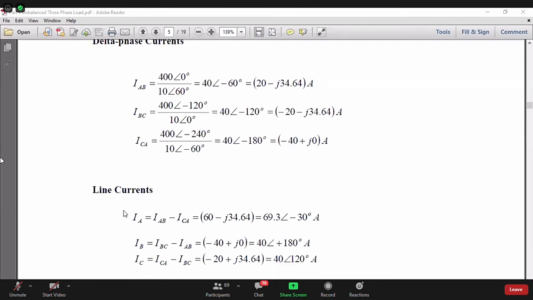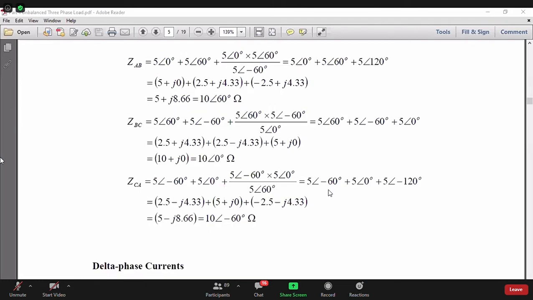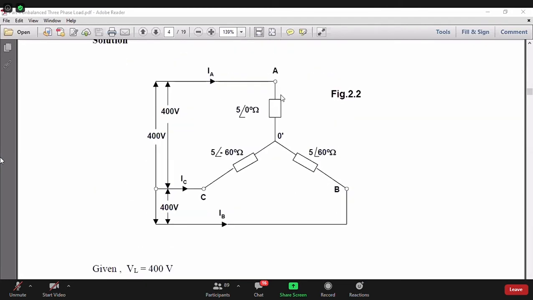And we also know that the line current in delta is simply IAB minus ICA, then IBC minus IAB. So I take the difference, I get the line current. Problem solved. So I solved this three-wire star by converting the star to delta and then calculating everything from the delta side, and I know these line currents. And once I know the line current, by the way, I think you know that the star phase current will be equal to the line current. I can always say what the star phase current will be.